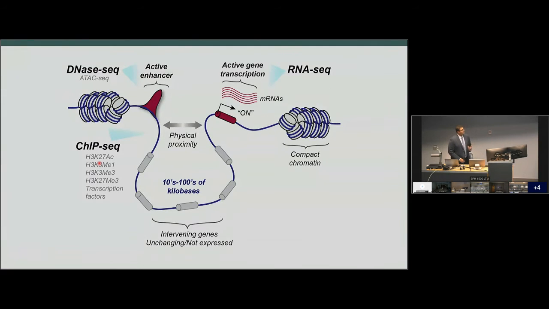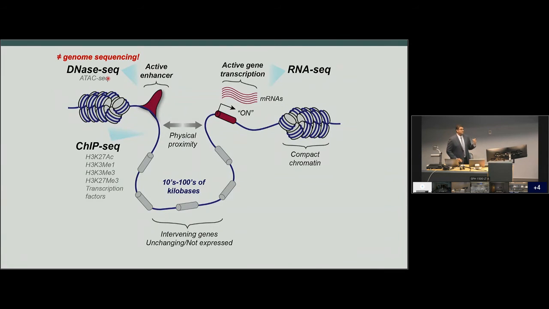And a third entity, which is going to be a feature of the talk I'm going to give today, is methods that actually identify where these open chromatin regions are. These open enhancers that, as I told you already, are very cell type specific and are driving and upstream of the transcriptional response of cells. So two common methods are DNase-seq and ATAC-seq, and these are really, again, saying where is the DNA open in contrast to where it's compacted around nucleosomes.